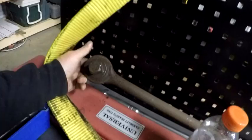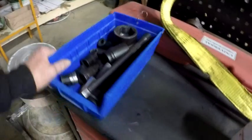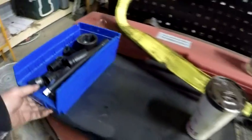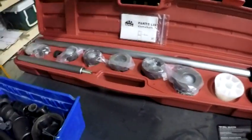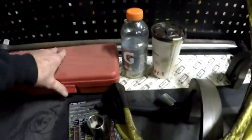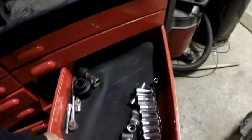I got it working. A guy gave it to me. It didn't work, and he gave it to me, and I got it to work. Just some miscellaneous impact sockets. If you're curious about that box, it is a cam bearing puller and installer for engines. I haven't found a drawer that thing will fit into. I do have some brass hammers, some other stuff,